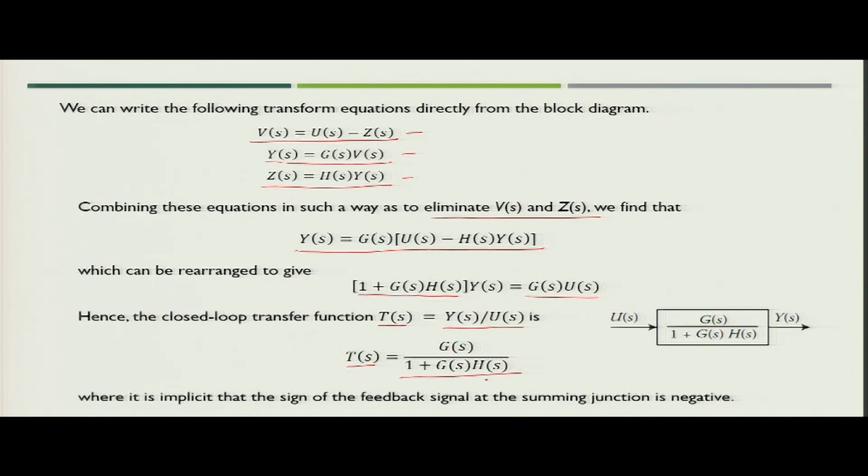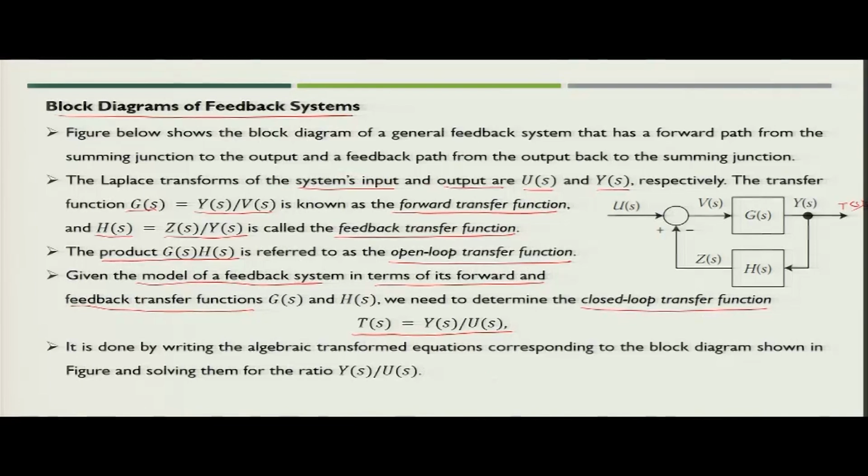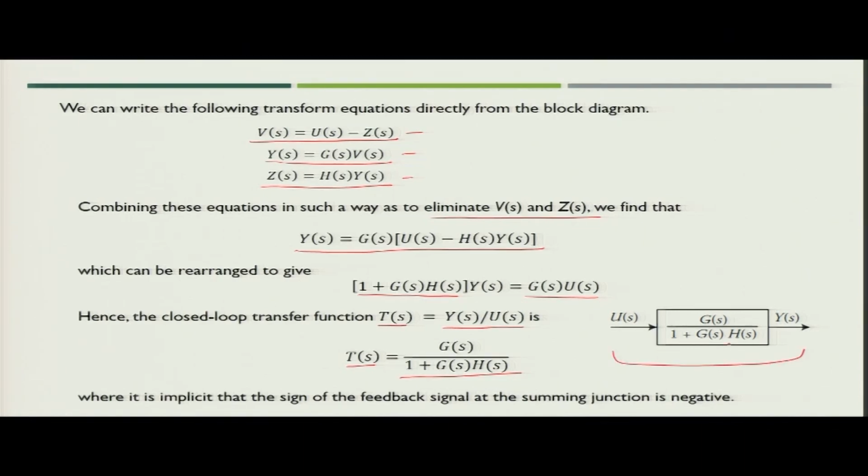So, the figure which you saw in this particular case, if you take the complete system and see the transfer function of the system, this transfer function will become T(s). So, you can equivalently represent this system as a simple block having the transfer function of the feedback system, that is G(s) upon 1 plus G(s)H(s), and U(s) is the input and Y(s)